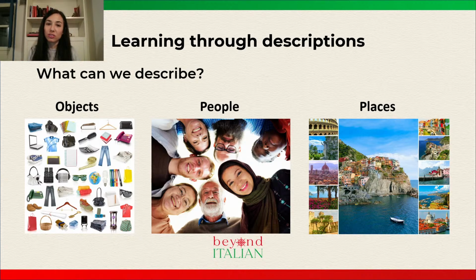So now I will show the method that I use with my students to start building sentences in Italian. You can overcome all these obstacles that we have seen in the last slide through effective exercises that can help you, first of all, to acquire vocabulary and then to put into practice what you learn. So to build sentences. With my students, I use descriptions. First of all, we learn the basic grammar, like verb conjugation, articles, adjectives, masculine and feminine. After that, we start to build small sentences. After this step, we start with description.